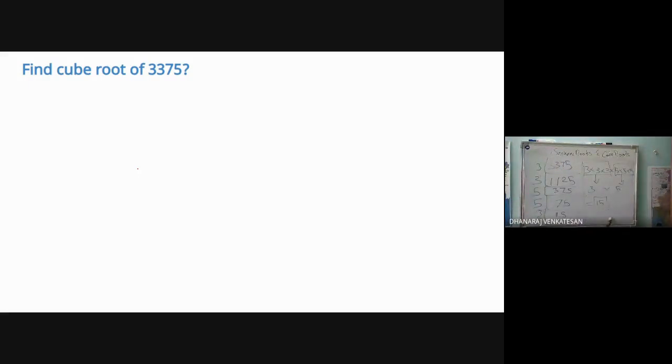Now we are solving with the prime factorization method. With the prime factorization method, how to find the cube root? You have to group in threes and find the cube root. You yourself have noticed this is a lengthy process. It takes around 1 minute or 1.5 minutes. We are going to see another shortcut. At last, you will see a shortcut method with which you can solve this within 15 seconds, most probably within 10 seconds. So wait till the class ends.